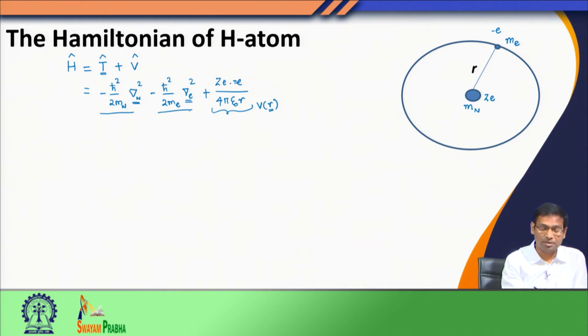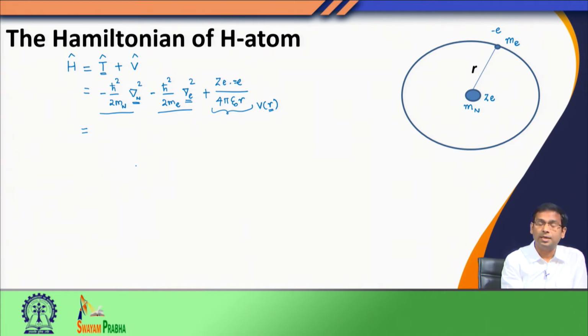These two operators depended on, the first operator on the position of the nucleus, the second operator on the position of the electron. Now, while discussing the internal motion of a two body system, we discussed that if we have such a problem where we are defining two kinetic energy operators in terms of the coordinates of two different particles, we can convert this system